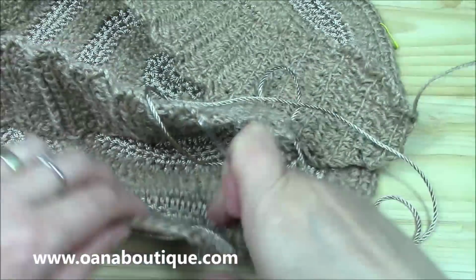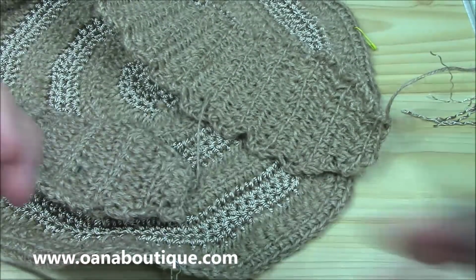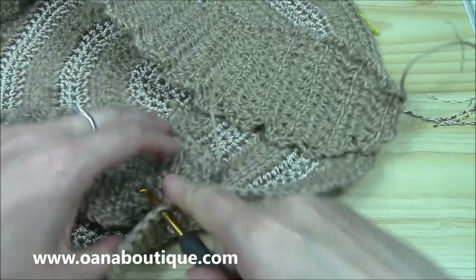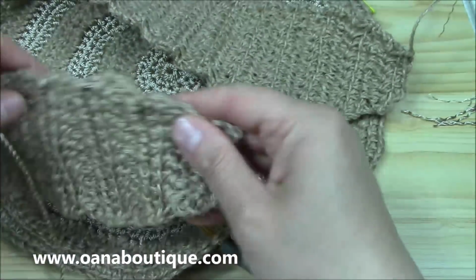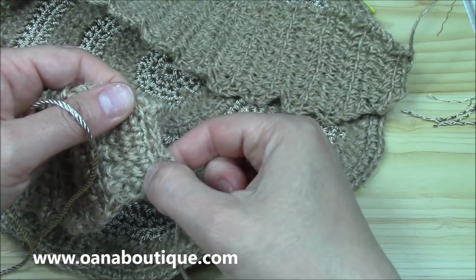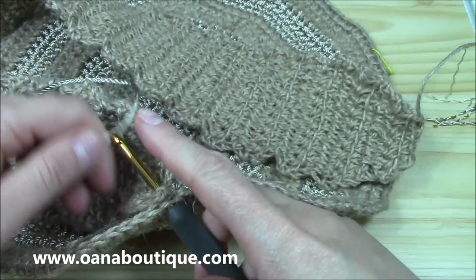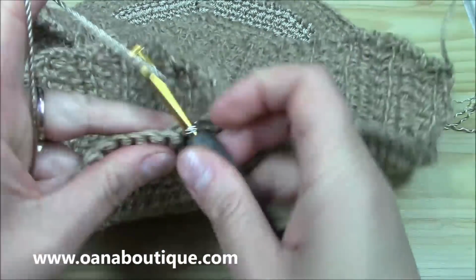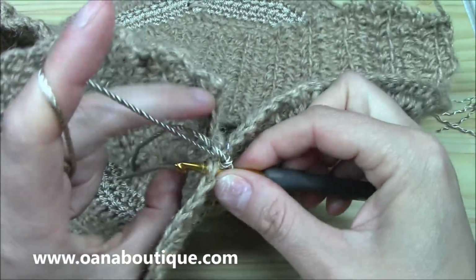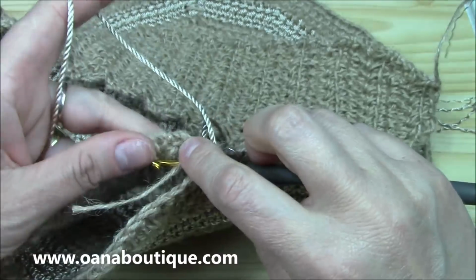What I did here. Okay, it's like this. I will cut this piece of yarn, and again here, and here it's a little bit more difficult to see. Here it is on this side and on the other side. Like this. Pull up a loop and just chain. Into the next we will just continue on, insert, and then I want you to see,